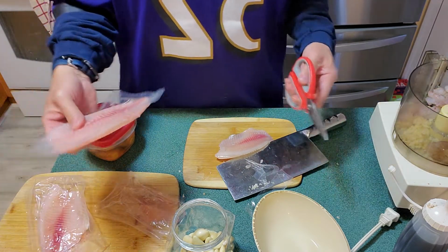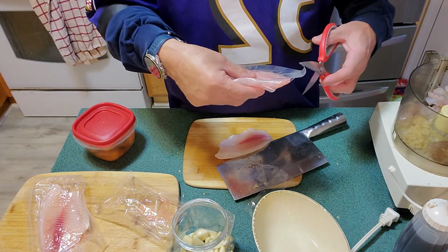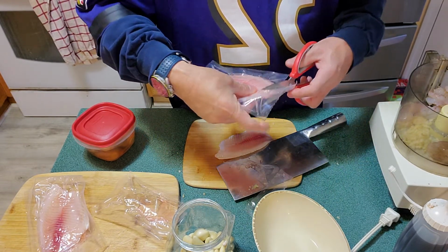So I used about 8 to 10 shrimp, 3 fillets of tilapia,